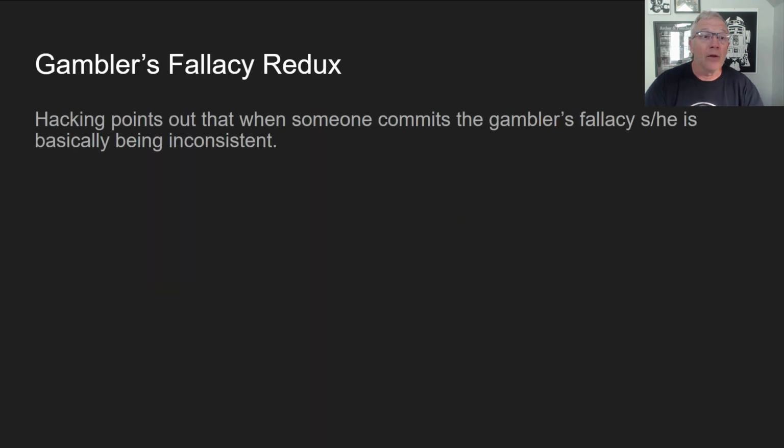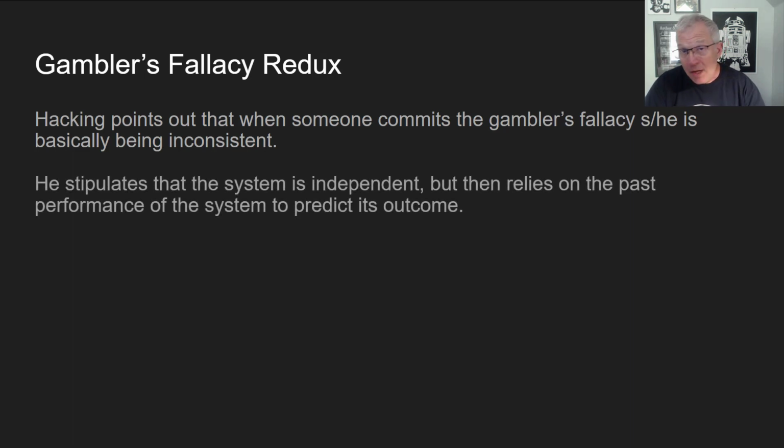Okay, so to say another word about the gambler's fallacy from last time, Hacking points out that when someone commits the gambler's fallacy, he or she is basically being inconsistent. The gambler stipulates that the system is independent, but then relies on the past performance of the system to predict its outcome. Or the way I've been characterizing this is that the gambler is mistaking an independent system for a dependent one. They think that because a tails hasn't come up, the universe or the coin is pushing for tails, that there's a cause from the past reaching into the future and making that outcome more likely